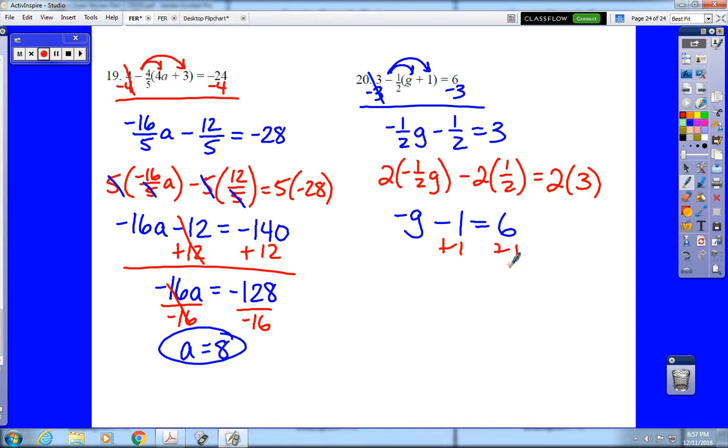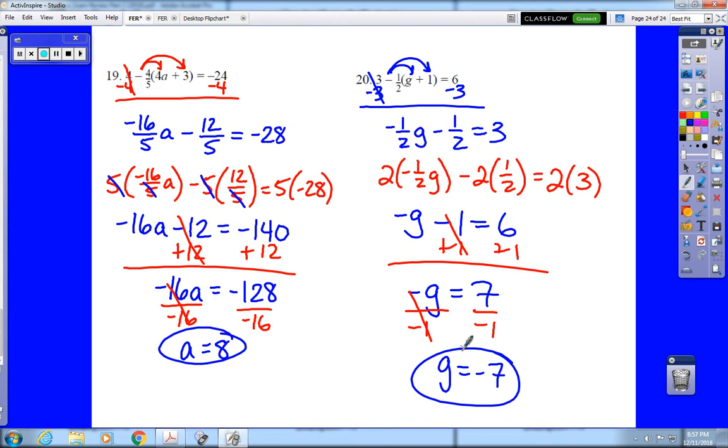Add 1 to each side. So negative g equals 7. And then all we need to do is divide by negative 1 to make it positive. So g should equal negative 7. That completes pages 3 and 4 of your